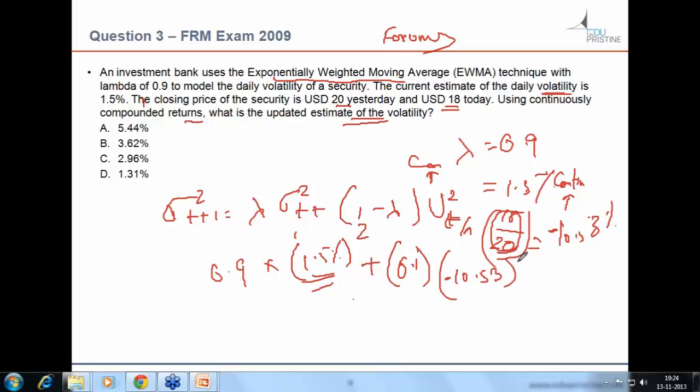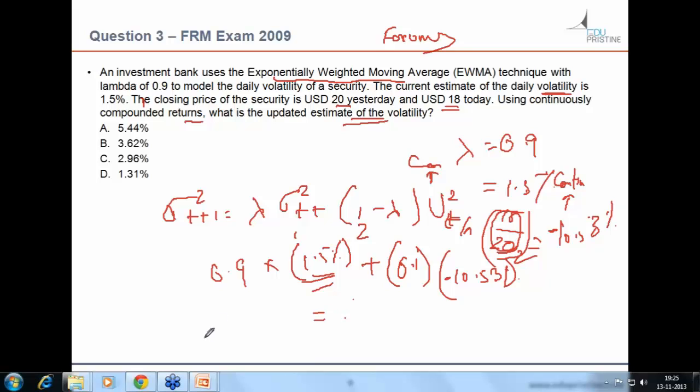Okay, but when we square it, we get positive returns. Okay, 10.53%. We get the variance value through this. What is the variance value? You tend to get some value out of this. Okay,